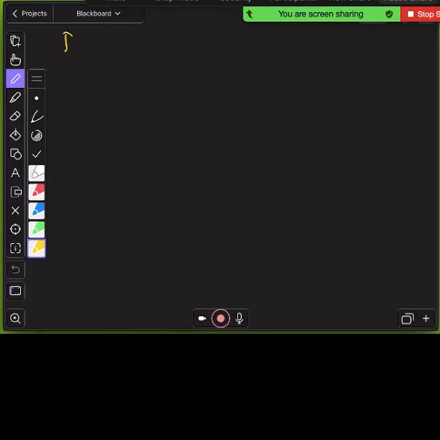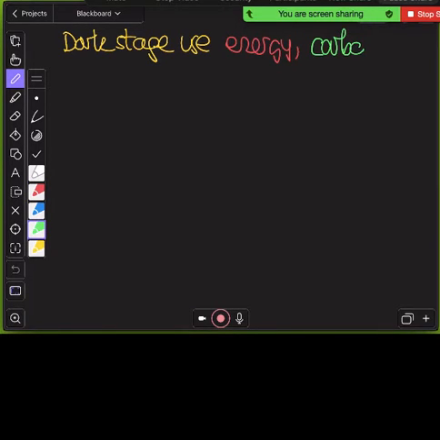So the dark stage is going to use energy, carbon dioxide, my white is black, electrons and protons,